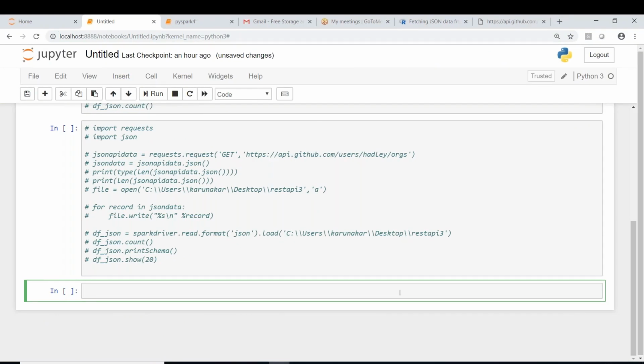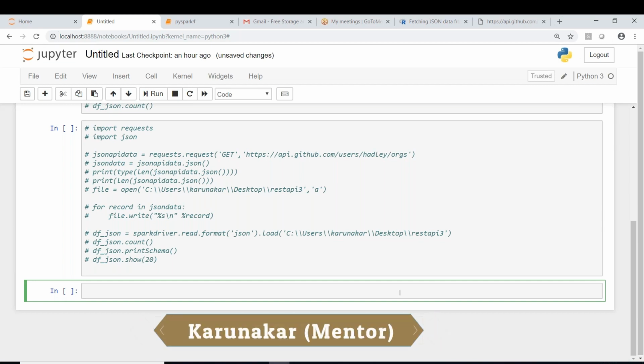We have the functions in PySpark. And is it possible to create a UDF in PySpark? Yes, it is possible. So what are the various functions and what are the most used functions? Let's try to understand those.